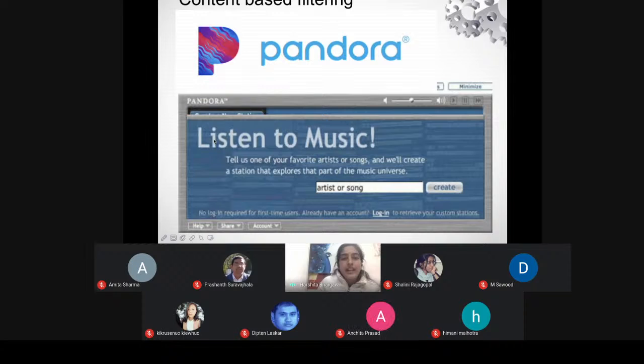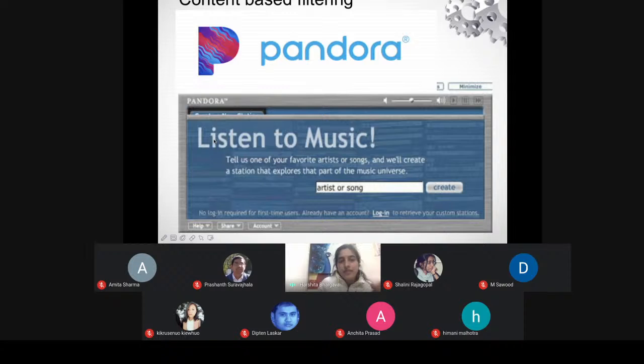ये basically क्या करता है? It basically creates a music app list. ठीक है, म्यूजिक का आपका स्टेशन प्ले स्टेशन क्रिएट करता है depending upon your choice of artist or the attributes or the type of songs that you want to listen. So this is a kind of personalized playstation that will be created by this kind of app. So ये कैसे create होता है? That depends upon the features that you have listed. Suppose जैसे यहाँ पे this is the initial level when you haven't checked in, you haven't created, you haven't logged in to this app.